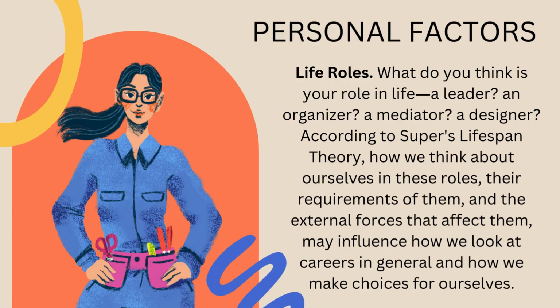Life roles. What do you think is your role in life? A leader? An organizer? A mediator? A designer? According to Super's lifespan theory, how we think about ourselves in these roles, their requirements of them, and the external forces that affect them, may influence how we look at careers in general and how we make choices